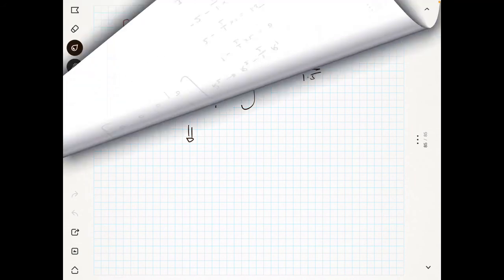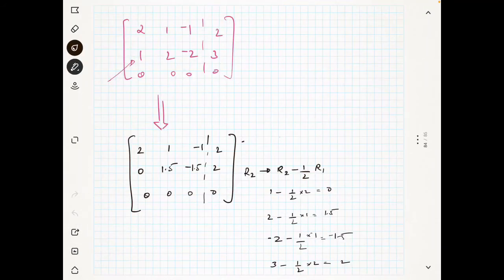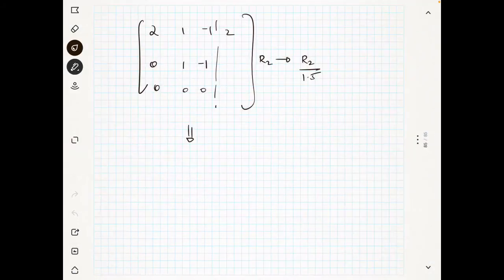Is there any mistake? I just want to check it. So this is 2, 1, minus 1. Okay, now we will see how I can reduce this number. I will make it 0. So this becomes 2, this becomes